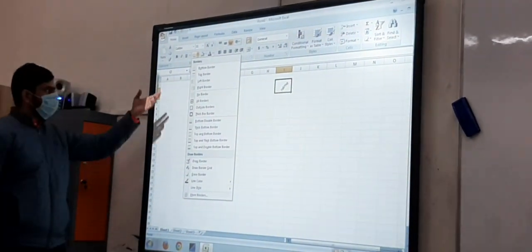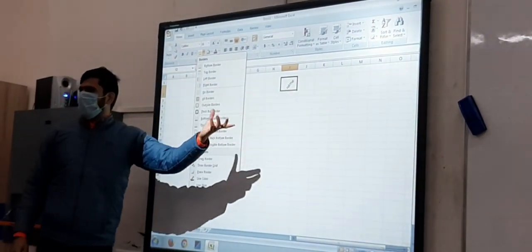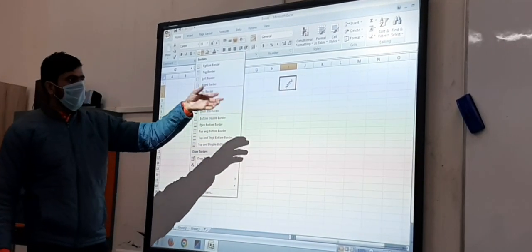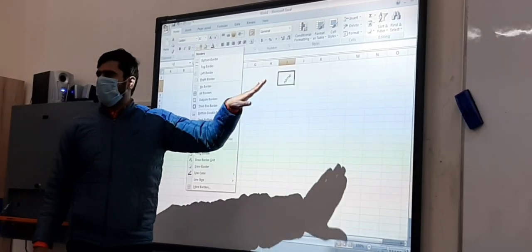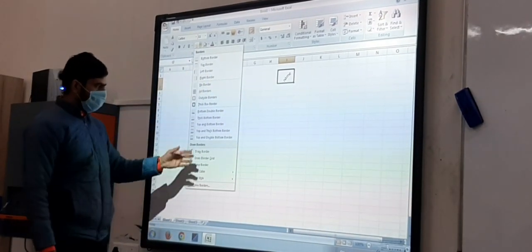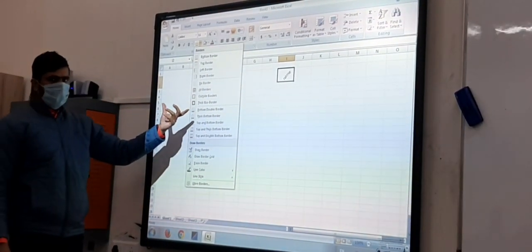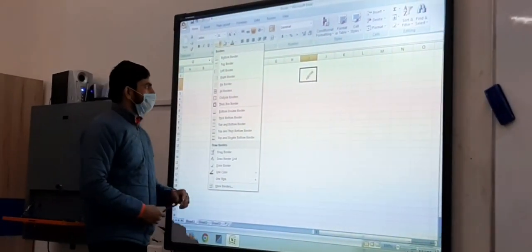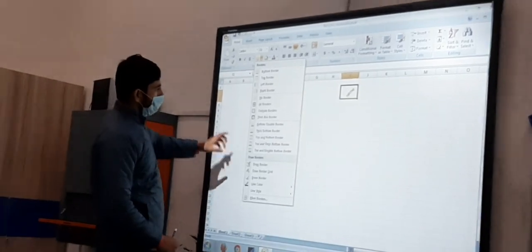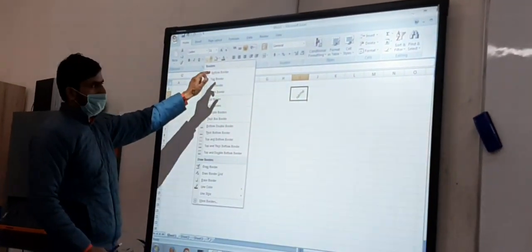So if you want to give a particular border to any cell, then you have to select from these options. Here we can see the borders. The first one is bottom border.